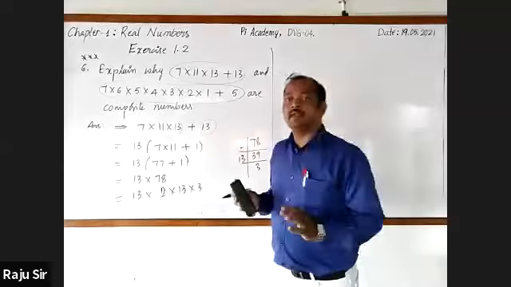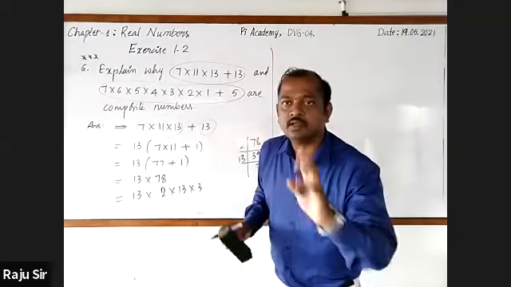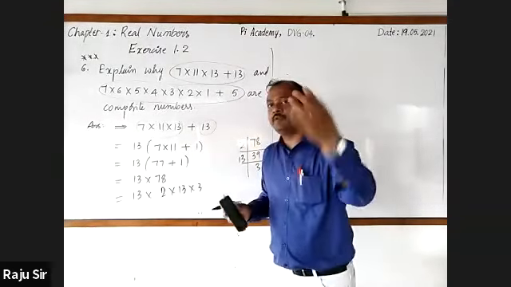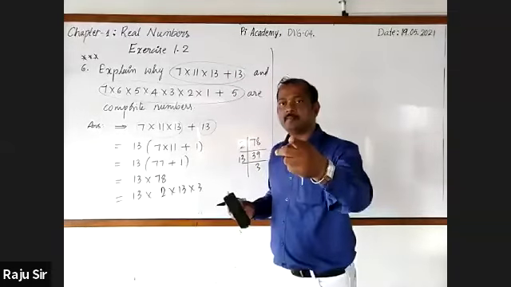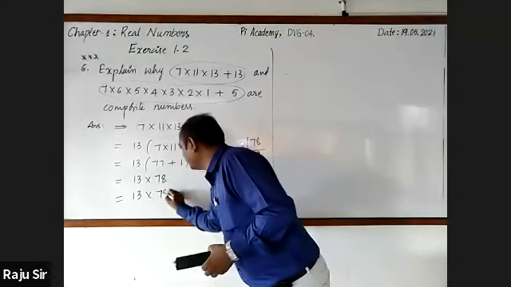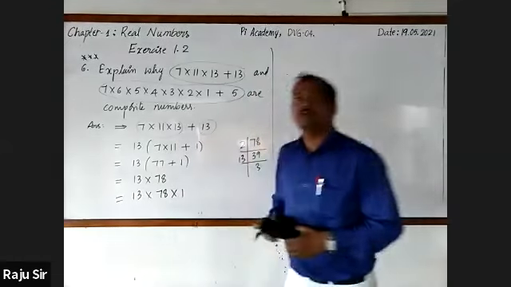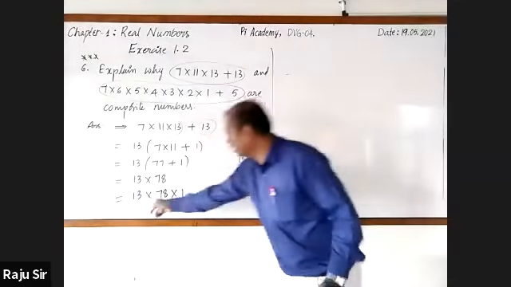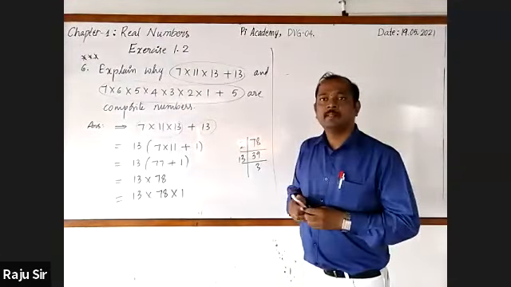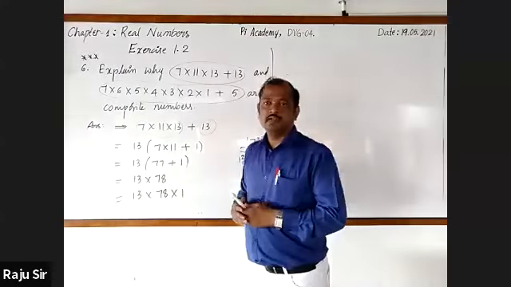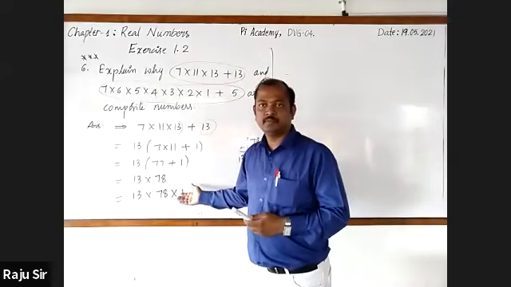Another simplest way. You all know that 1 is a factor of every number, is it not? Yes, sir. Instead of finding this, I'll write 78 into 1. Now, how many factors are there? 3 factors. More than 2 factors. Hence, it is a composite number. Clear? Yes, sir.